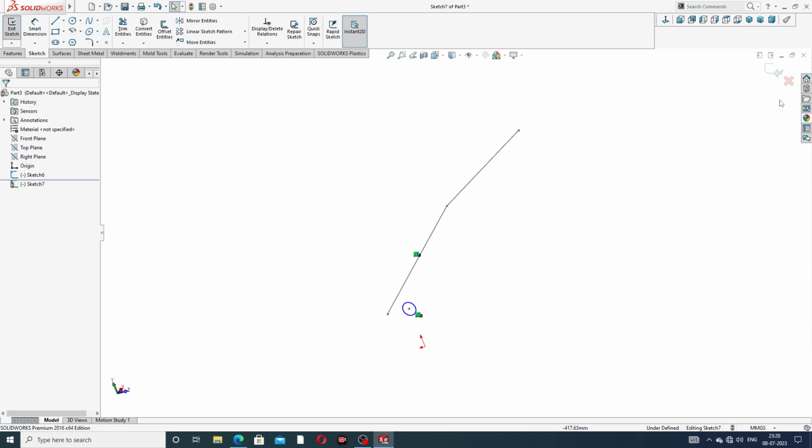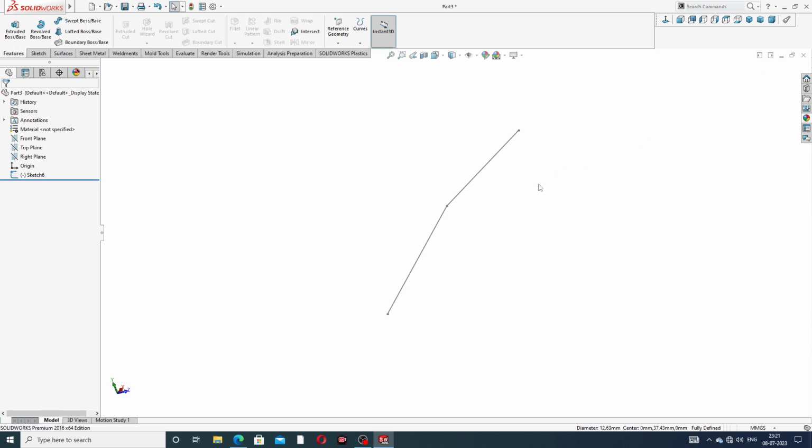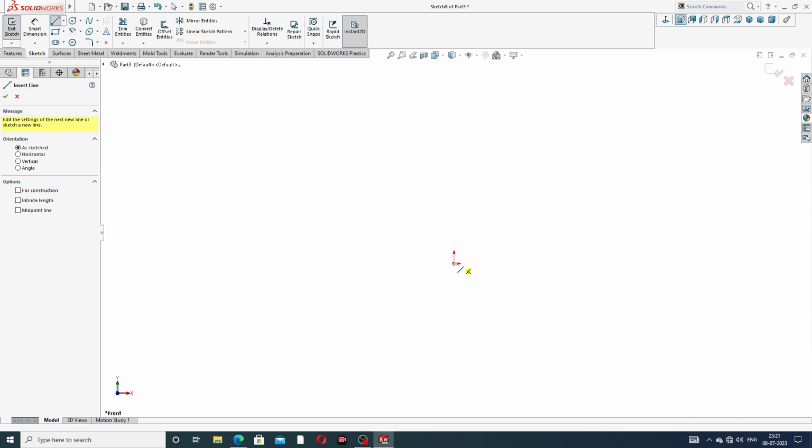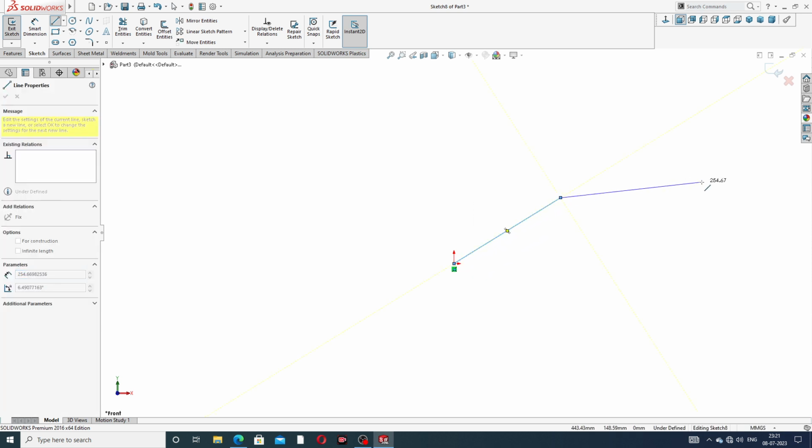Okay, and this is also delete here, but use a profile. Okay, this is delete here, and at first, front plane, sketch normal, and draw a line. Select this origin point, and this is this,